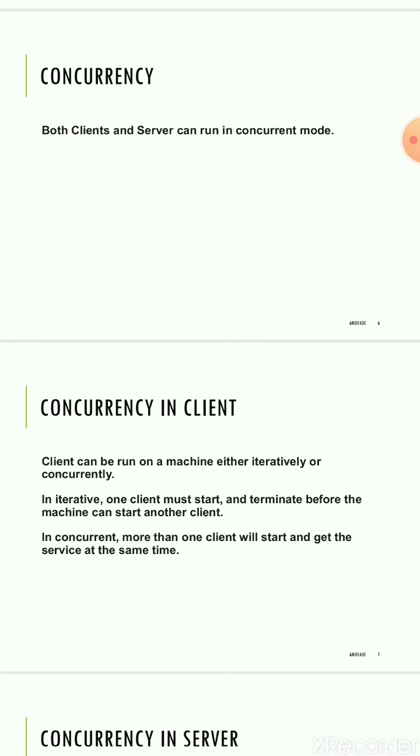So if we have 5 to 6 systems, each machine will have only one server, which is going to take the requests of multiple clients. The requests come into a queue and wait for some duration of time, and when the server accepts the requests of all the clients one by one, it will process all the requests one by one and give the reply back to the client. This is nothing but an iterative process. Many clients, one server is an iterative process.